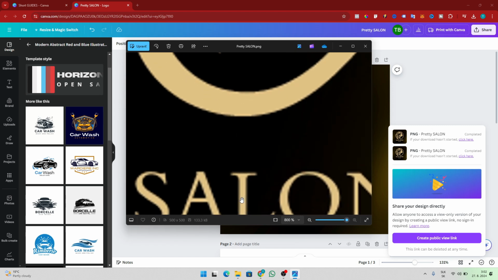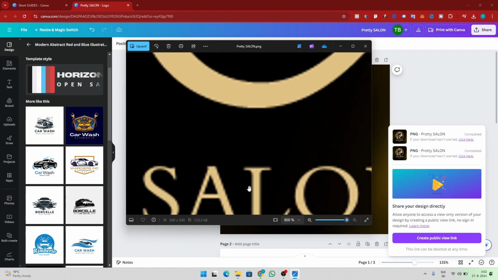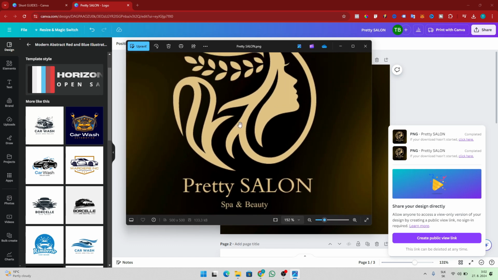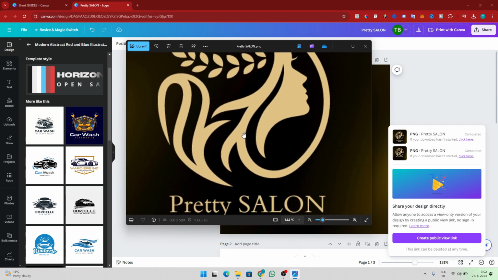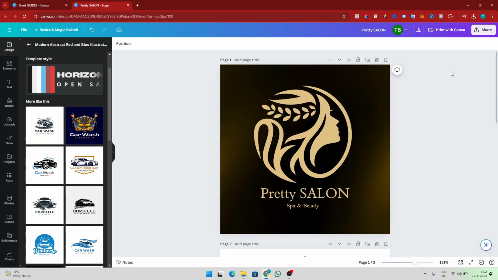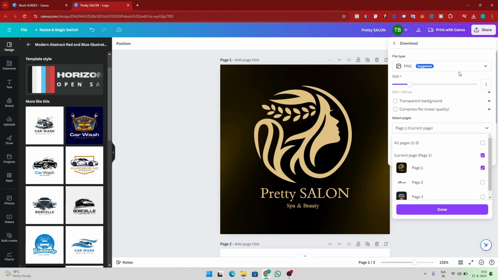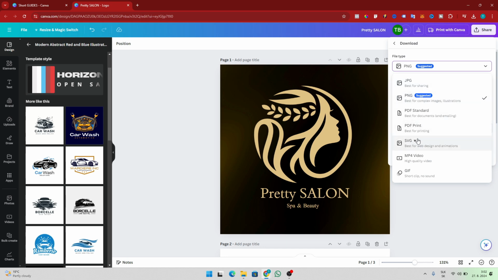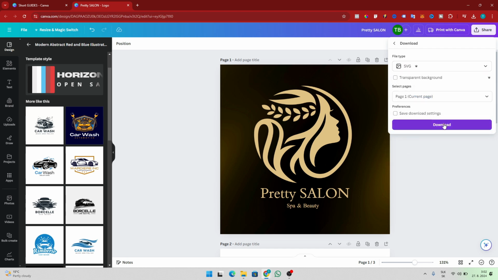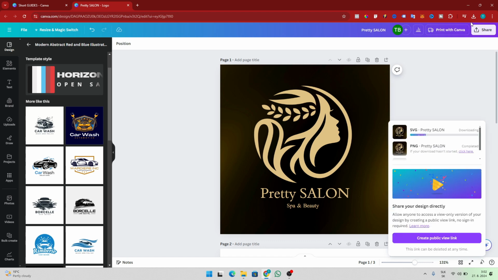once you zoom it, it will decrease in quality. And this is why I don't recommend using PNG. Just go to your Canva Pro for 1 month free and download it in SVG. This is the type of file that all of these website developers use. Okay, so just go to the SVG type and download it,